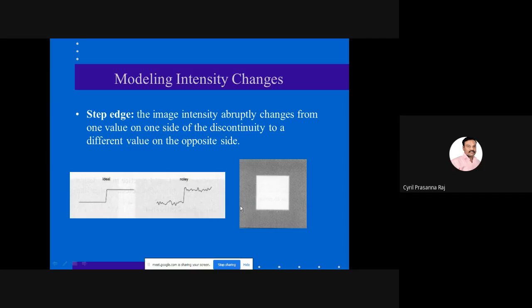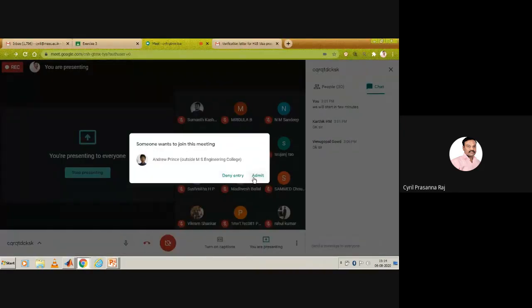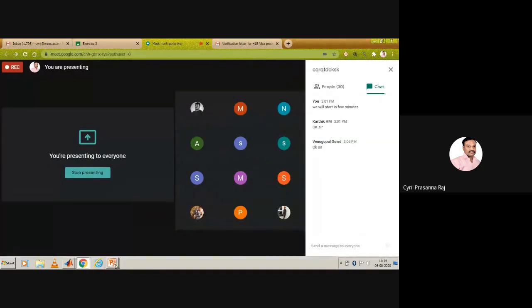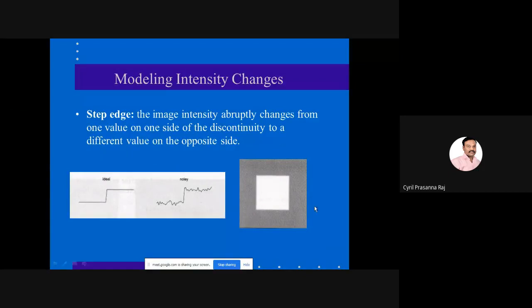If you see the picture here, there is an object here and this is all black and then suddenly there's white. The black color will always have a value equal to 0 and the white color will always have an intensity equal to 1. So that is where you come across an edge, which is a step edge.